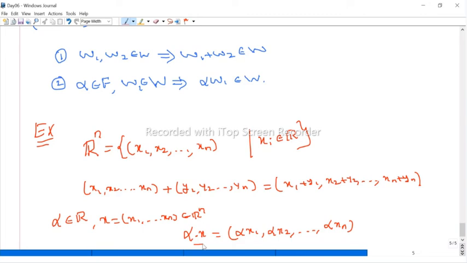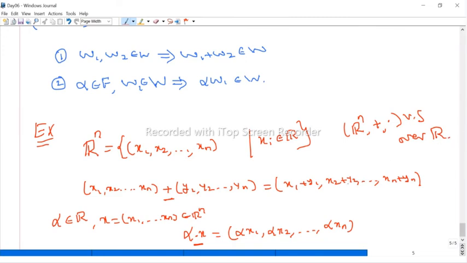Now with respect to this scalar multiplication and this addition, Rn with plus and the scalar multiplication is a vector space over the field R. You have to check the other conditions also, all the other axioms of a vector space. So you have to define what the addition is and what the scalar multiplication is. With respect to these two operations, we have to check whether they satisfy all the axioms of a vector space or not. Here the field I am taking is R. You can take the smaller field Q also, but you cannot take the complex numbers.